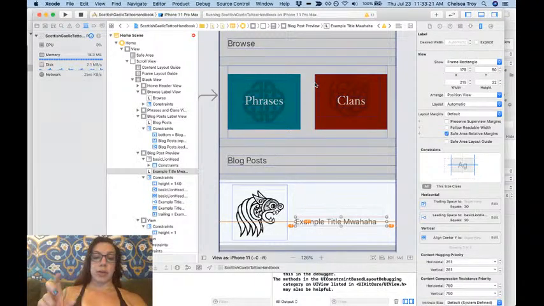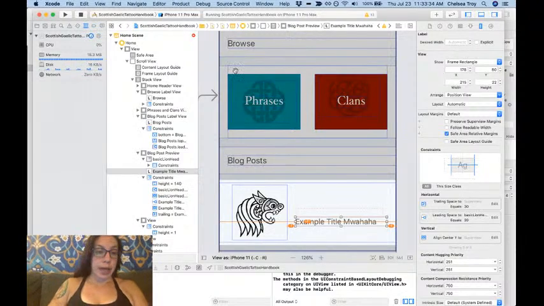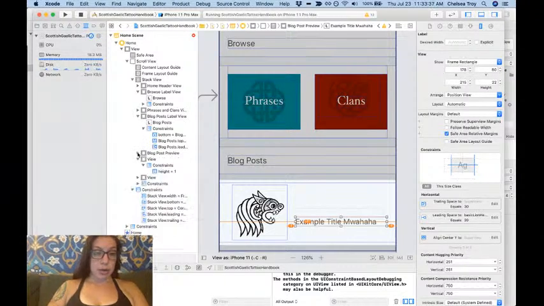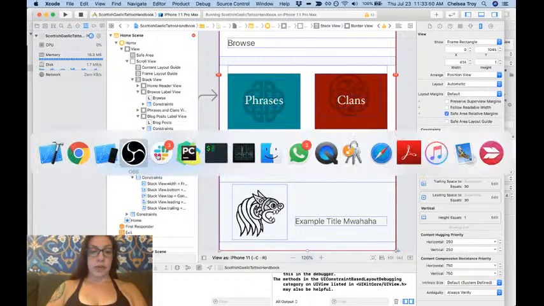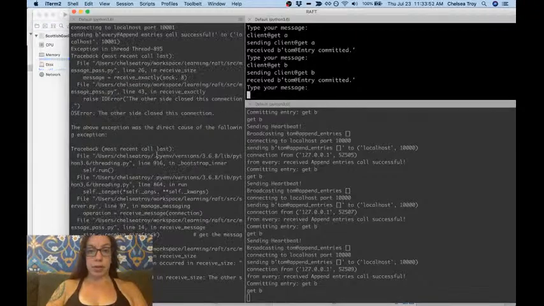And so we're going to use 3 stack views, which we individually link to our view controller. We're going to set the information on them based on what we get back from the blog API, which we'll talk more about later. So the way that we're going to do that is we've got this blog post preview, and then this border view, which I'm actually going to rename border view. And then the first thing I'm going to do actually is I am going to